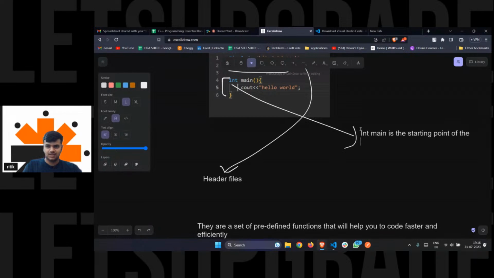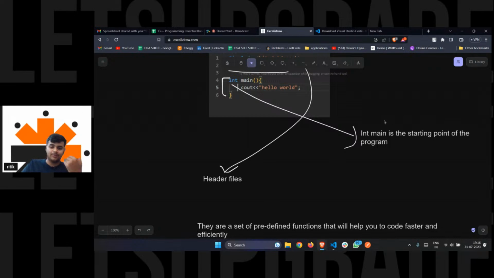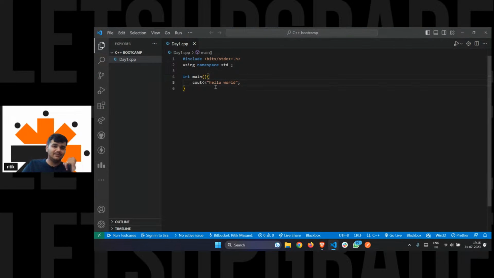Now this is very important, please take a note of it. It is the starting point of the program.